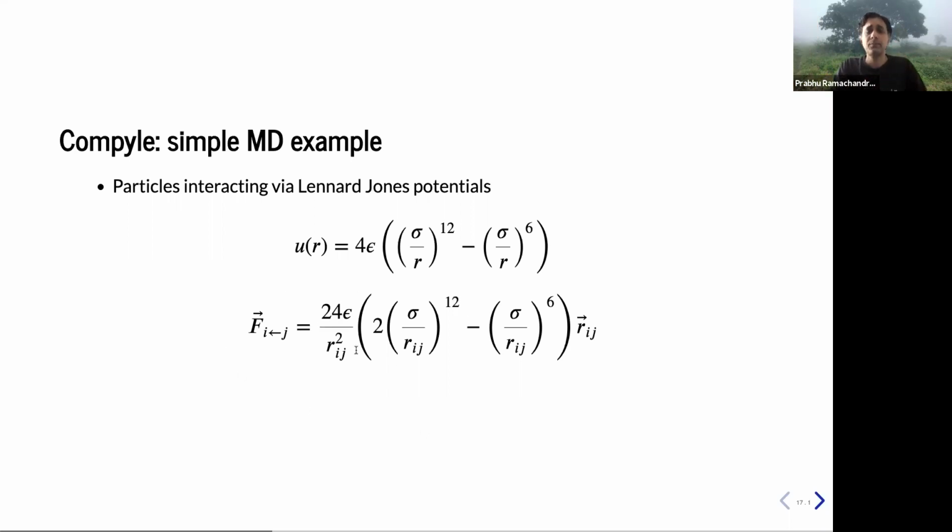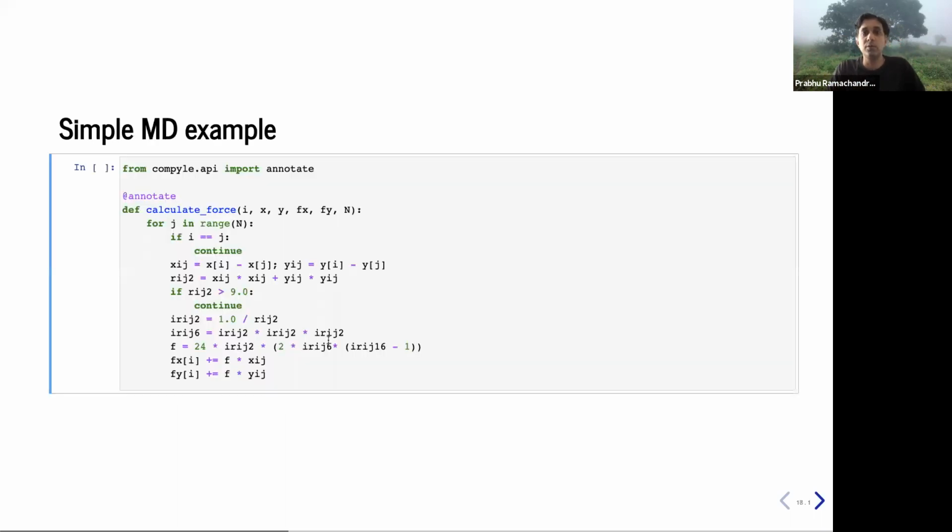Okay? So now if I have n of these, it's an n-body problem, which means n of these interact, and you'd like to be able to solve the interaction of these particles. So if I want to now run this, I have these n particles, and I want to be able to run this problem very efficiently on, say, a GPU or even a CPU, I'd like to be able to write this code once in Python, ideally, and be able to extract maximum performance from either my laptop's CPUs, multiple CPUs, or on a GPU. Okay? And I don't want to make changes to my code. So Compyle is built around this basic idea.